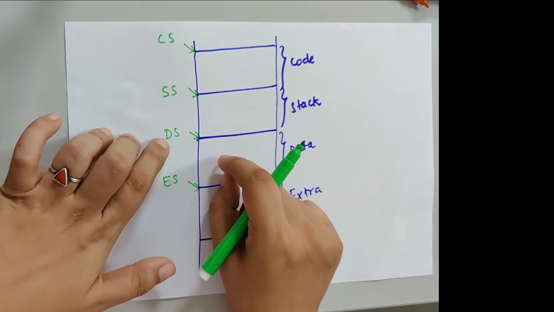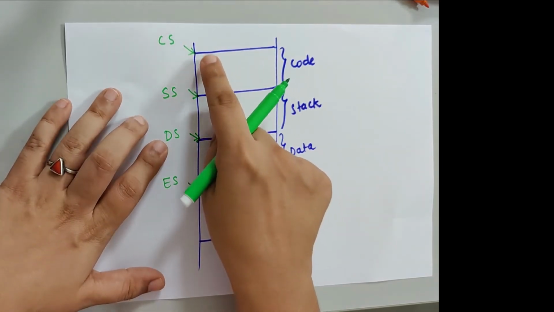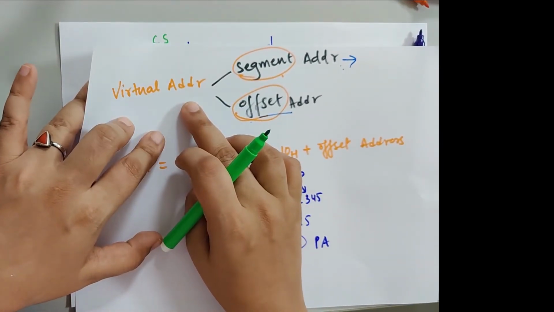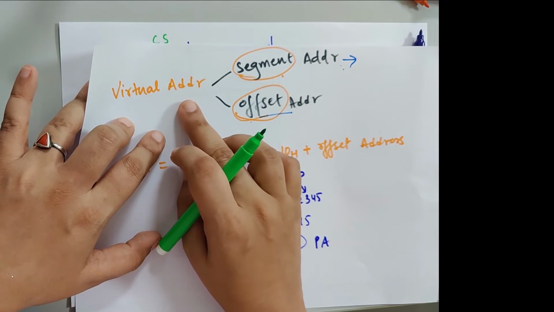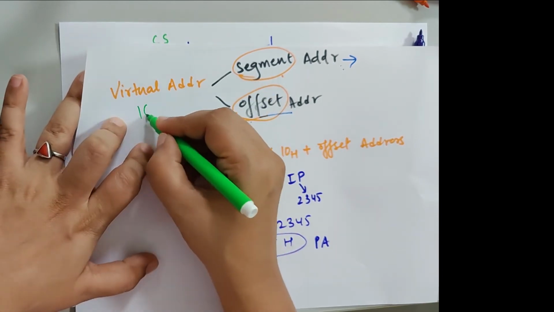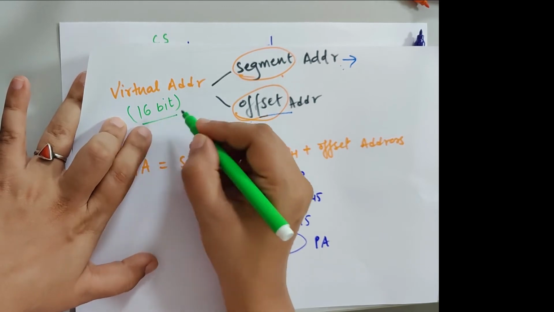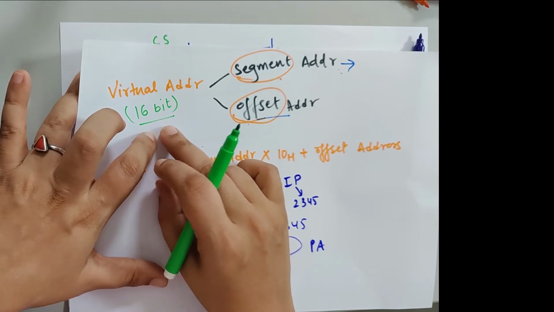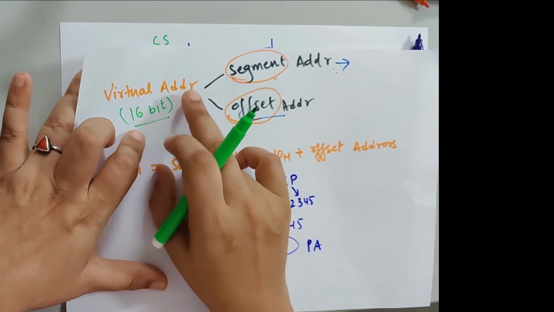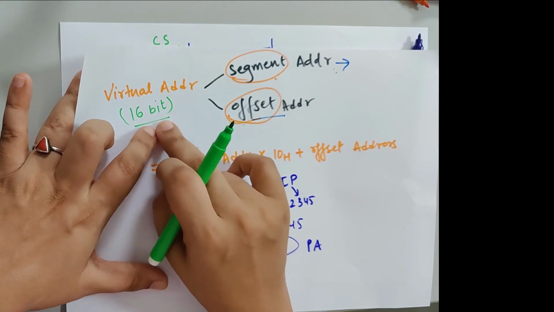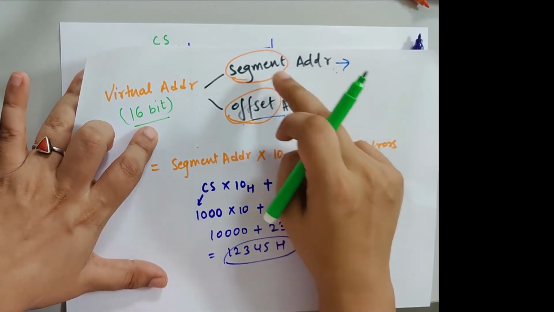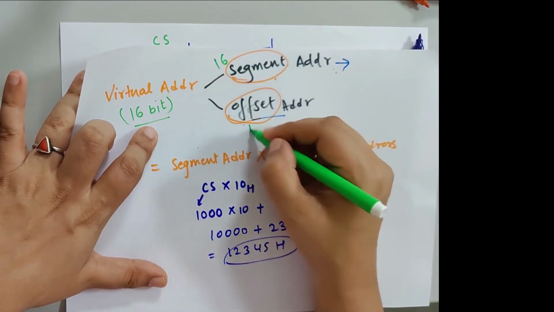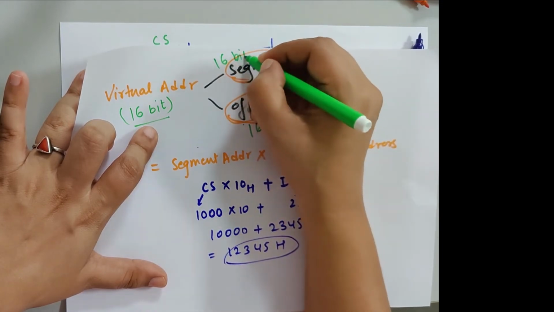Okay. Now we all know that because the physical address was 20 bits, which was not byte compatible, we created the virtual address, which is a 16-bit address, and this is byte compatible. These are 2 bytes, right? The physical address was 2.5 bytes, 20 bits, which was not byte compatible. So we created a virtual address which is 16-bit. Now this virtual address is made up of a segment address and an offset address. Both the segment address and the offset address are 16-bit addresses.